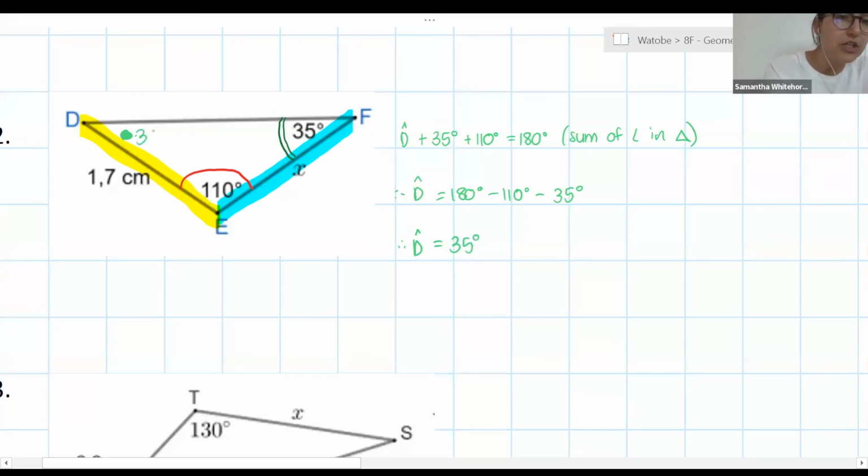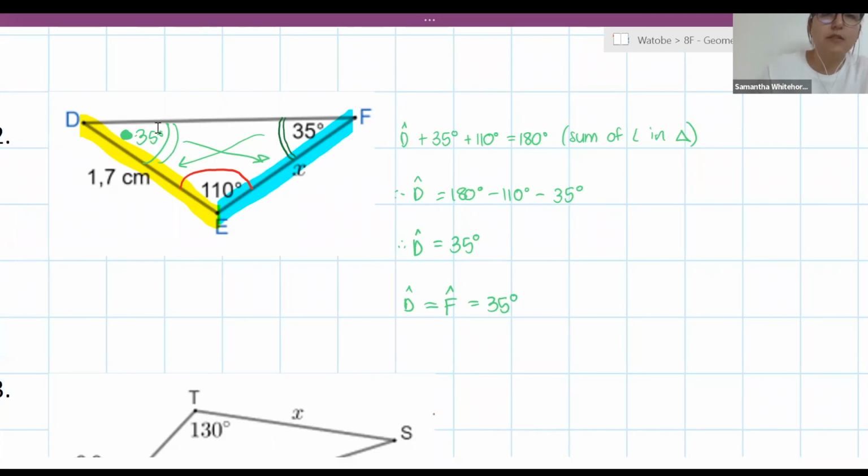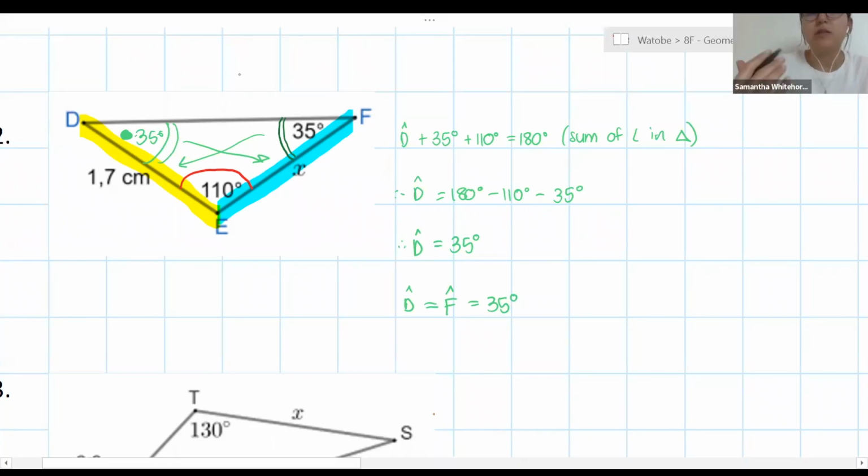And so what I've shown here is that angle D is equal to angle F, because they're both equal to 35 degrees. Because I now have two equal angles, I know that the sides opposite them are equal in length. And this is what I was saying earlier: we're going to have to start getting used to doing multiple reasons in a question. We first had to get the angle before we found x. But now I can say that x is 1.7 centimeters